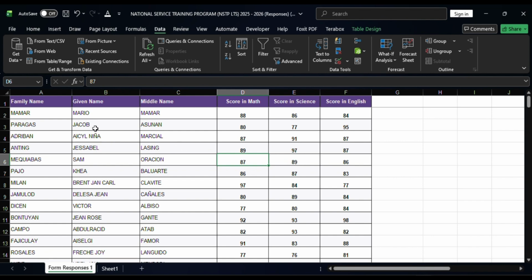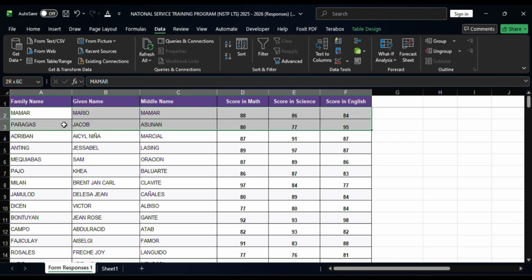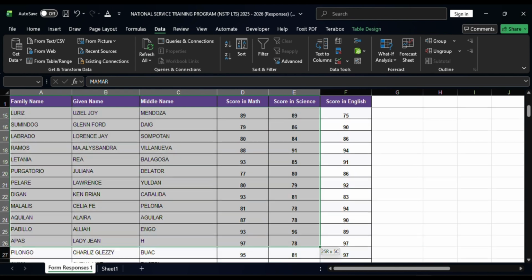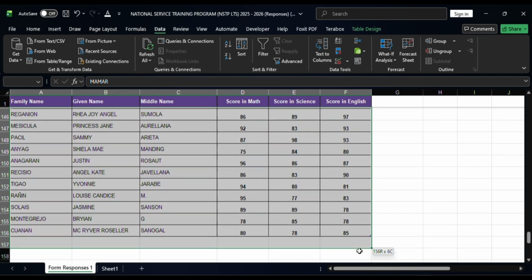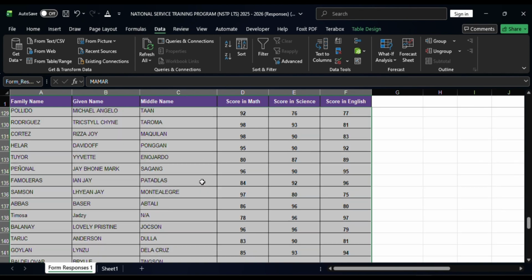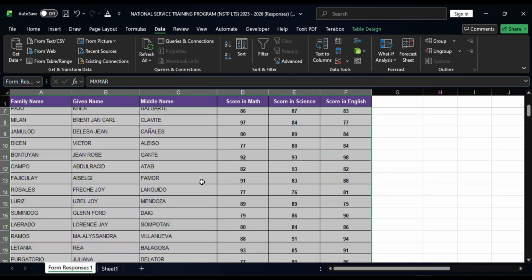So let's start. So we need to highlight all the data. So meaning from the given data. So we need to highlight. Okay, to the bottom. Okay, after highlight, you need to click the